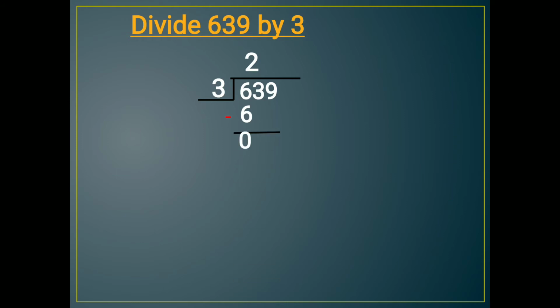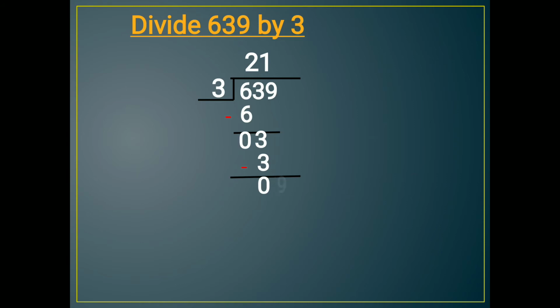We will get 0. And now look here, the tens digit is 3. So, we will write it down. Now, read the table of 3. How many times will it go? 1 time. So, 1 you will write upside and 3 ones are 3. So, 3 you will write just below the 3. After that, you will subtract 3 from 3. We will get 0. And the last digit is the ones digit, that is 9.